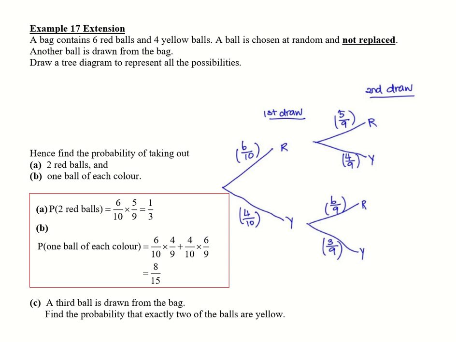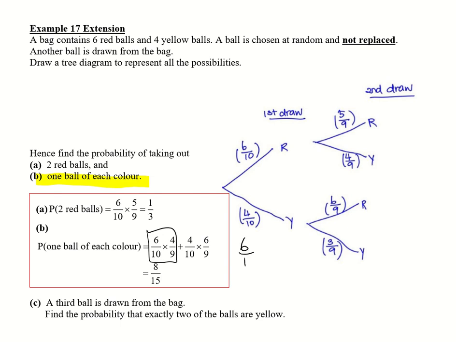Alright, previously we have learned about the probability diagram, and when we want to find the probability of taking one ball of each color, we know that we can take one case red first, then yellow, then the second case yellow, then red. So before we move on, realize that there is an alternative method for part B over here, where we can actually take one of the